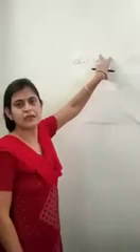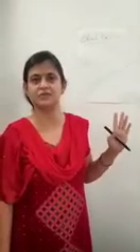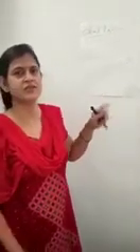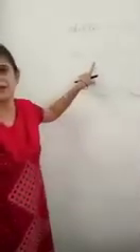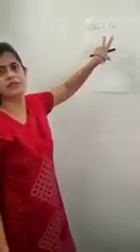Good morning. Today we will discuss Ohm's law and resistivity. So first we discuss what is Ohm's law. This is the most important topic in electricity. In the previous class we have already discussed potential difference and current. Potential difference is denoted by the symbol V and current is denoted by the symbol I. Now we have to establish a relationship between potential difference and current, which is known as Ohm's law.